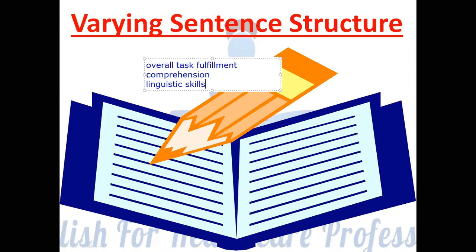So if you have used all the correct grammar, but your sentence structure is monotonous, you have written all the sentences starting with he or she maybe, they are all either in active or in passive, then you are likely to get a lower score. So you need to have a variety of sentence structure, and that is what we are going to focus on